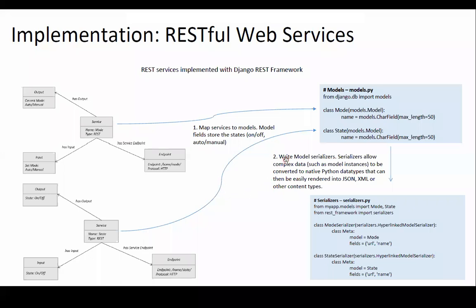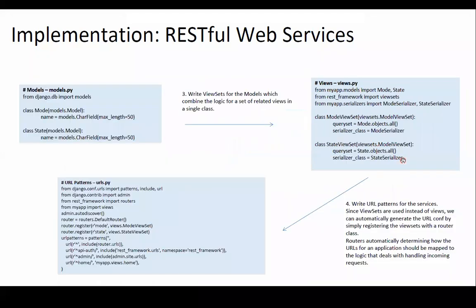The second step is writing model serializers. Serializers allow complex data such as model instances to be converted to native Python data types using JSON and XML. So this is the second code, for your serializer. Then this is again some coding part related to the IoT home automation application.